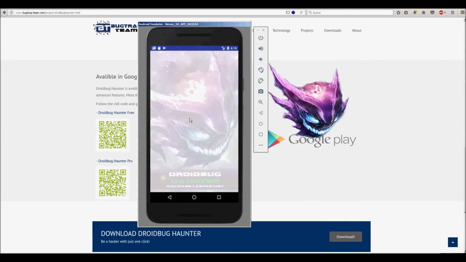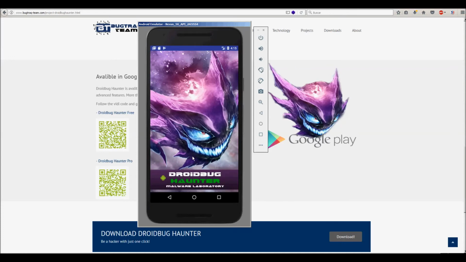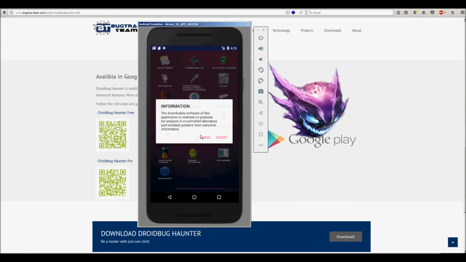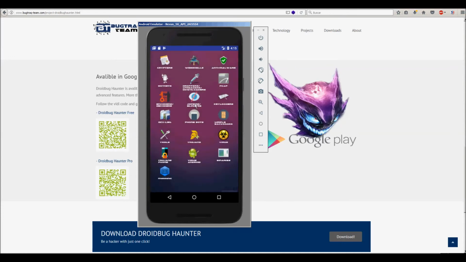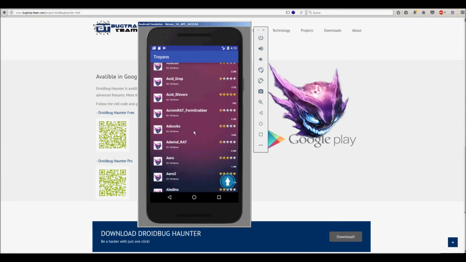Whoa, nice virtualization. I think the virtual hard disk maybe is full. I'm not sure. But on Trojans, for example,